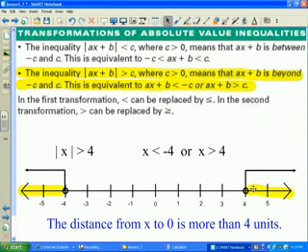All the values that are more than 4 units away from 0 are all these values out here. Starting at 0, I go 4 units to the left. All the values that are more than 4 units away from 0 on the number line are out here to the left. And this geometric representation can be expressed algebraically as x is greater than 4 or x is less than negative 4. So that concept is going to be applied when I solve these absolute value inequalities where the inequality symbol is